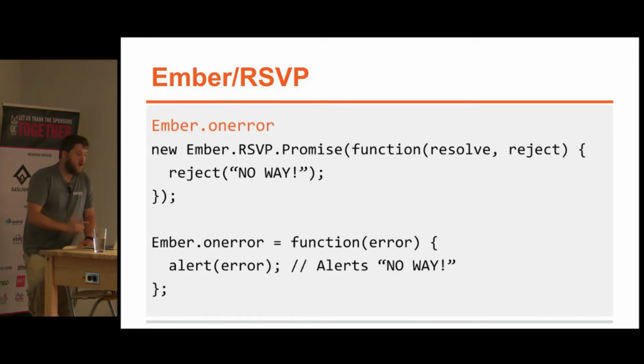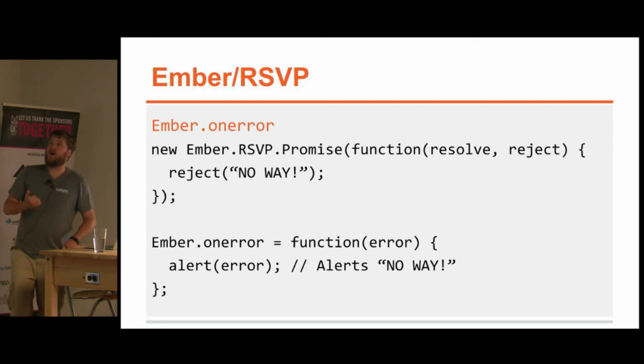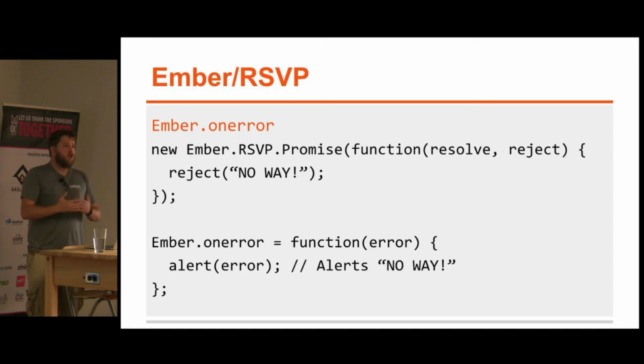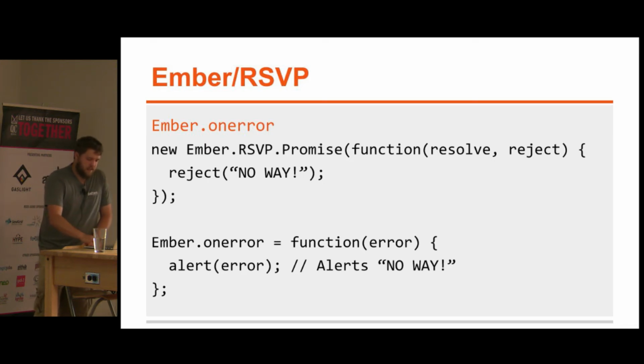On error. So this is my favorite part of RSVP. RSVP has a mechanism to alert Ember when there's been a promise that was rejected and nobody handled that rejection. So if you imagine an Ajax call that failed on the server, but nobody handled that failure. Nobody told the user about it. So you can subscribe to that in RSVP, but by default, RSVP will call Ember.onerror, and it will tell you about that. And I have a JS Bin example of that.